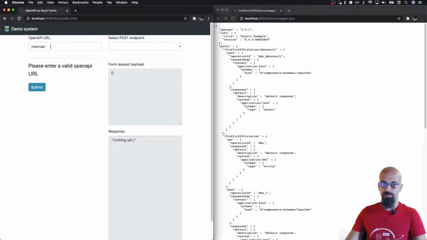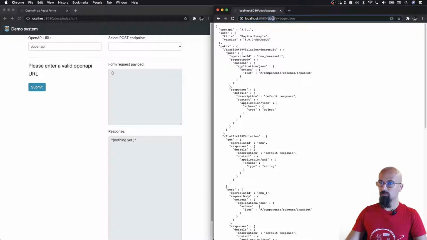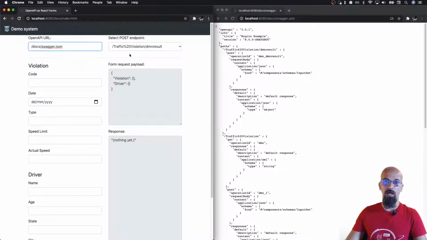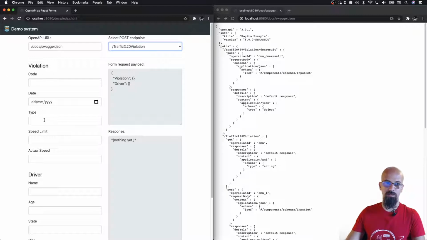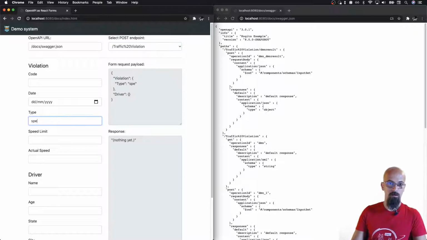the default address does not correspond any longer to the Swagger definition files, Swagger OpenAPI, but I can copy the address, and live it has introspected. So again, I can select the REST endpoint. In this case there are a little fewer DMN files available in this Cogito based application, but it works exactly the same. So the form has been produced by introspecting the Swagger definition files, and I can test it